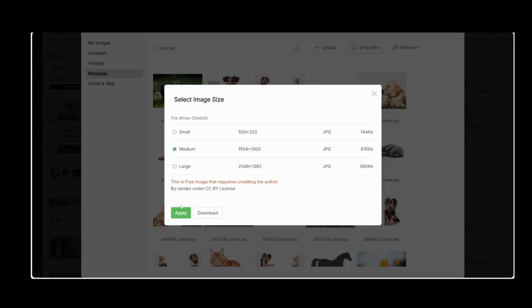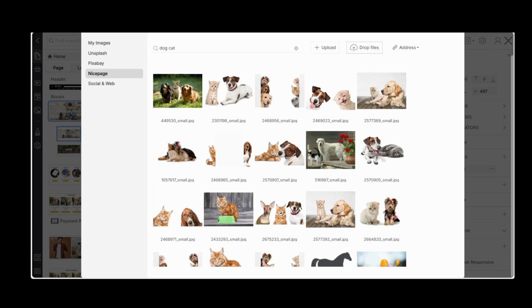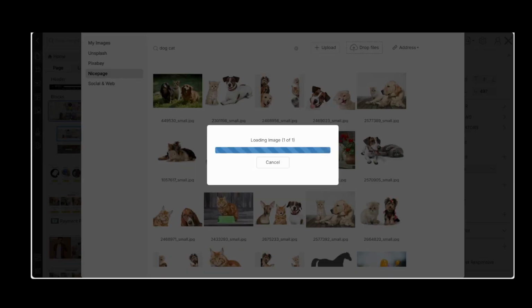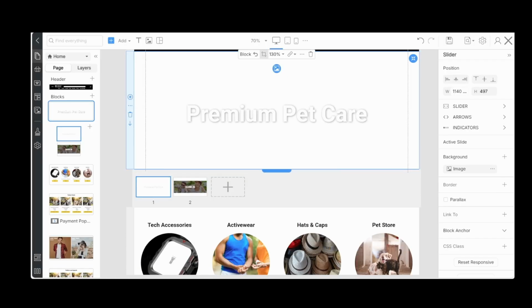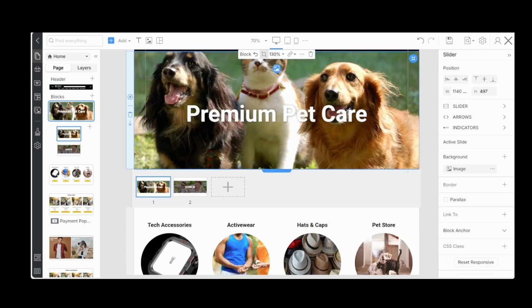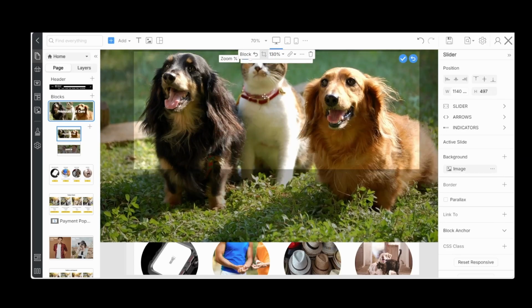We're going to apply. And it's loading. That looks pretty nice. Let's center.